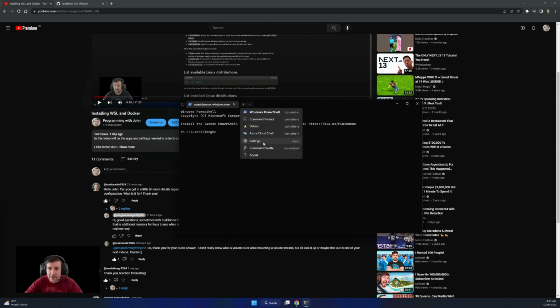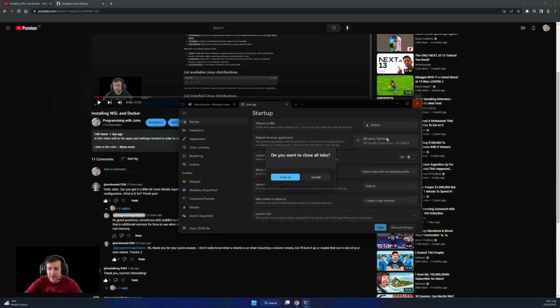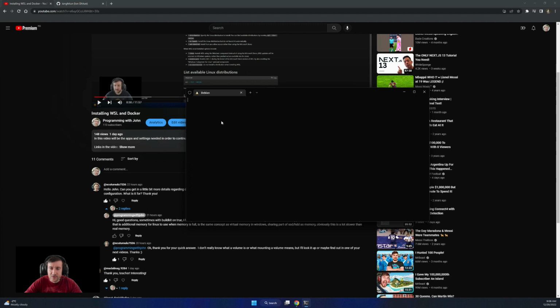What I do is go in here to settings, where I have the default terminal application, Windows Terminal, and I will switch this to my distribution, Debian. Every time I start the terminal, it will start with Debian as the default profile. If I hit new tab, that will also be Debian. If I want to start a PowerShell, I'll hit PowerShell and that's it.